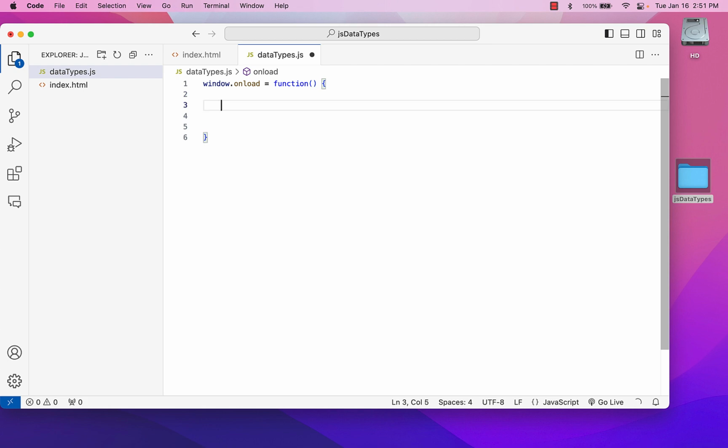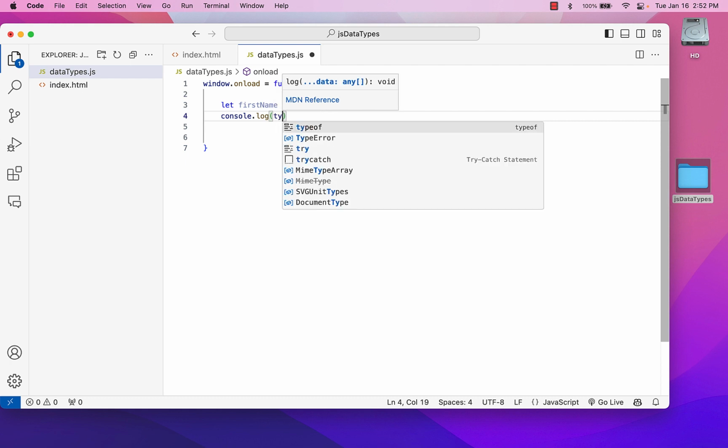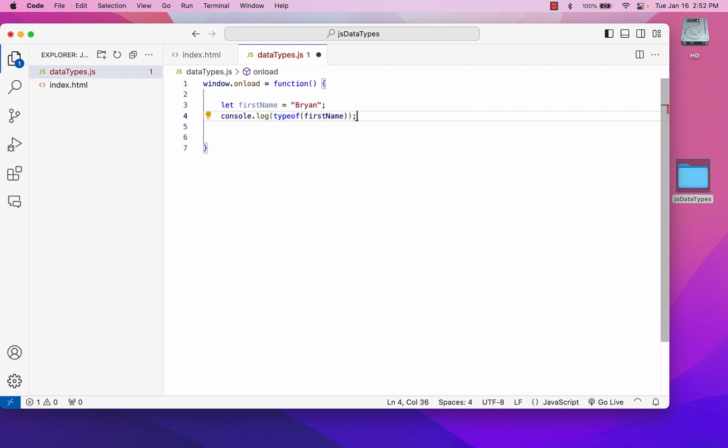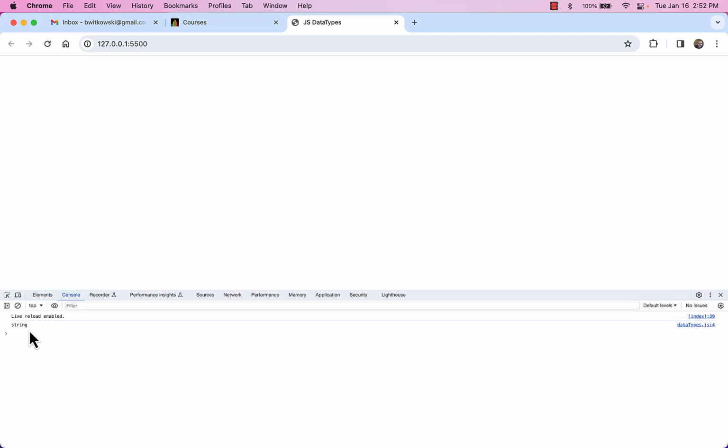So in JavaScript, we can create variables using the let keyword. So if I say let firstName equal to Brian, that is fine. And I'm going to use a console.log to get the type of variable that firstName is. Okay, and I'm going to go ahead and launch this. So I'm going to bring it up in my live server, and I'm going to open up the developer tools. So I'm going to look at the console, and you'll notice that the firstName variable is of type string,